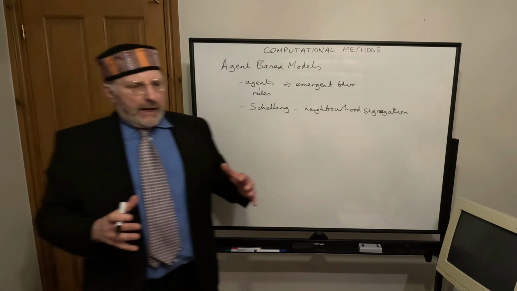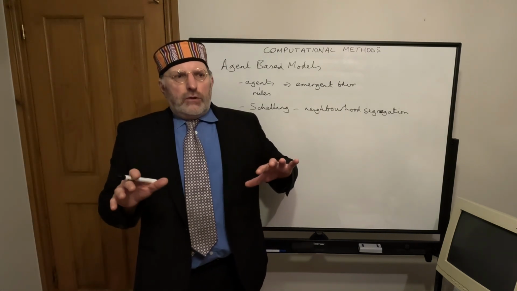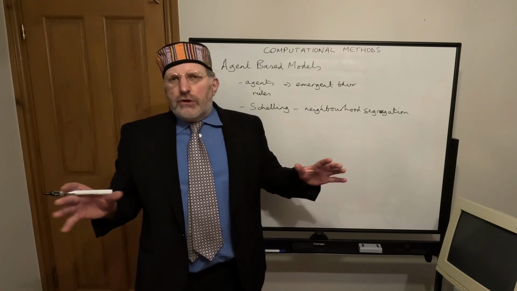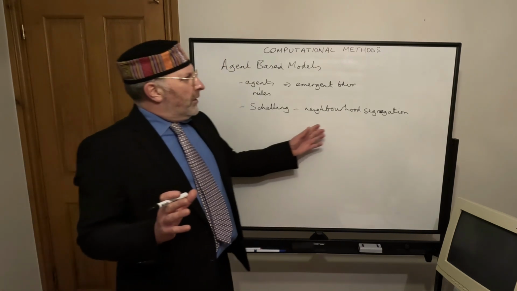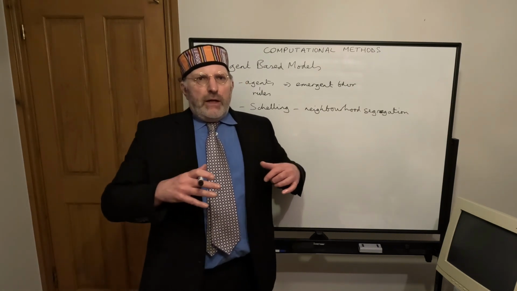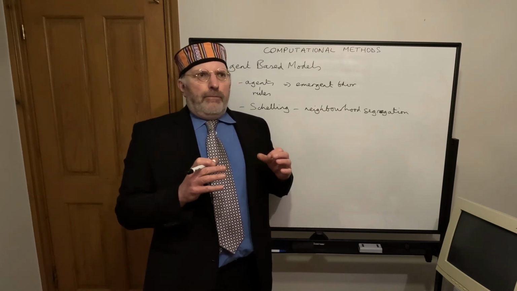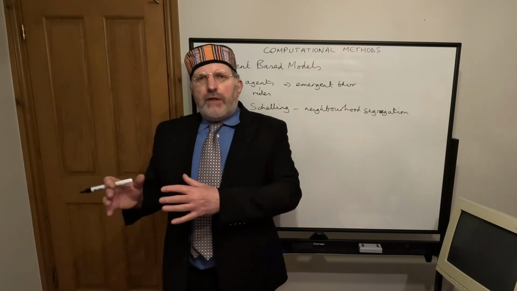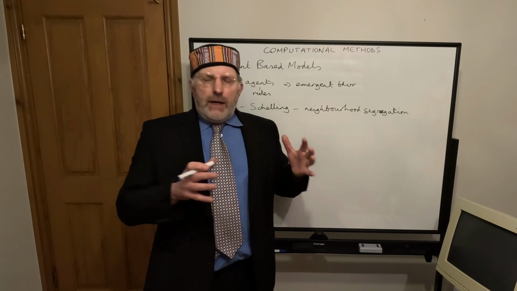So he was interested in the way neighbourhoods separate into different ethnicities or different religious affiliations or what have you. And what he showed was that neighbourhood segregation can occur even when individually people aren't that bothered about it. But if they have even a slight preference to live with their own kind, then neighbourhood segregation emerges